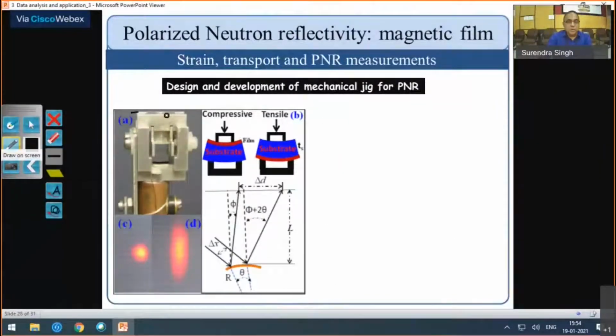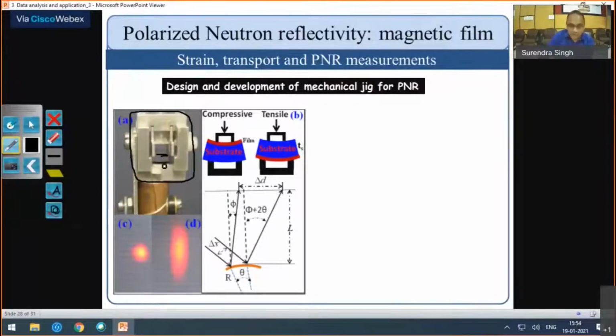So this is called the mechanical part, where we have put our thin films. This is our thin film, and then we put some stress on top and bend our substrate. So we can bend this substrate, and this is on our cryostat cold head, and then we did polarized neutron reflectivity. And simultaneously we measure the transport, the resistance,